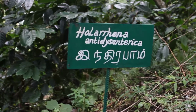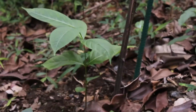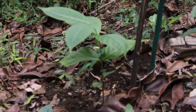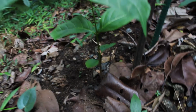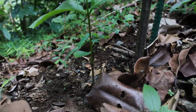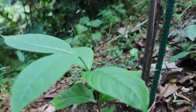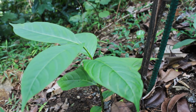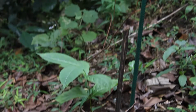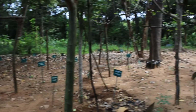Yes, this is a medicinal plant called Holarrhena, found in much of Peninsular India, and the bark is used locally for stomach ailments, especially diarrhea and dysentery. The bark is made into a decoction and had in specific doses. And these kind of plants, when they enter nurseries and our planting programs, are very useful in the long run for local people who need to treat themselves for any ailment. Some of which are also edible,